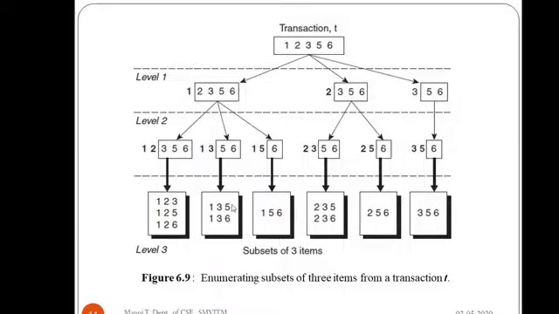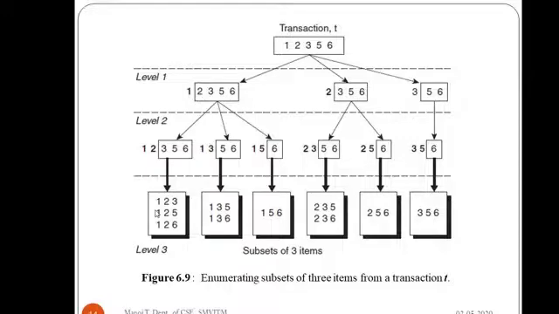item sets in the following way, where at level 1 we can consider 1 as the prefix and 2, 3, 5, 6 as the remaining combination. If we consider 2, then 2 is the prefix and 3, 5, 6 is the combination, and 3, 5, 6 is the combination for 3. Let us come to level 2, where we have only 2 items: 1, 2 followed by 3, 5, 6; 1, 3 followed by 5, 6; 1, 5 followed by 6. Since we are interested in level 3, or 3 item sets, we can do the combination like this.